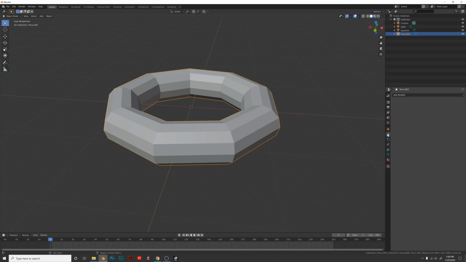Over in your properties section, not modifier, we're going to click down to the one below the wrench, which is called the particle properties. Particles are a little bit difficult to explain, so I just have to show you. If you go to the little plus button here and click on it,